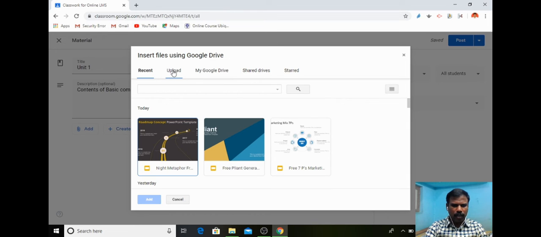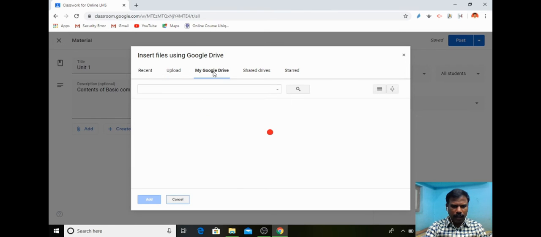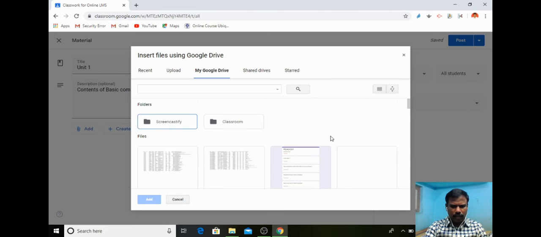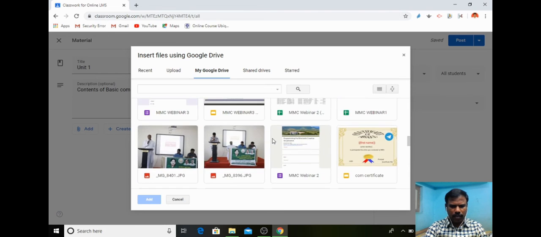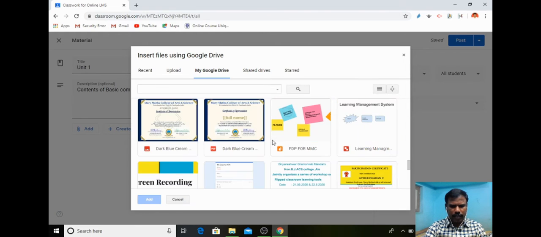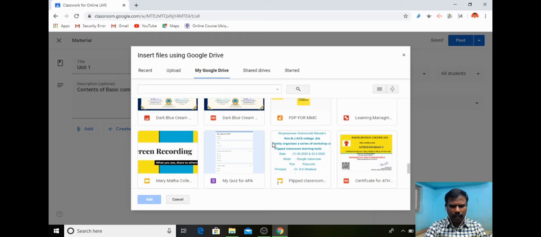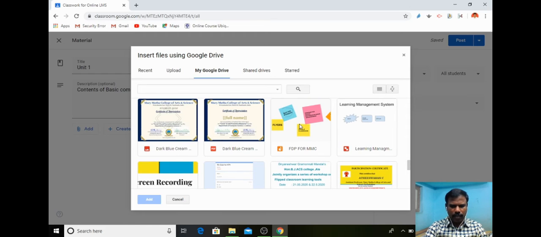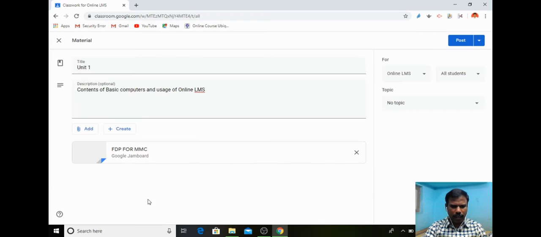So upload is the option we can use from our computer. I am selecting this Google Drive. So here the files are available. From these files I can select a file and upload it. For example, I am selecting this one, Flip FDP for MMC. After selecting this file, I can add it.